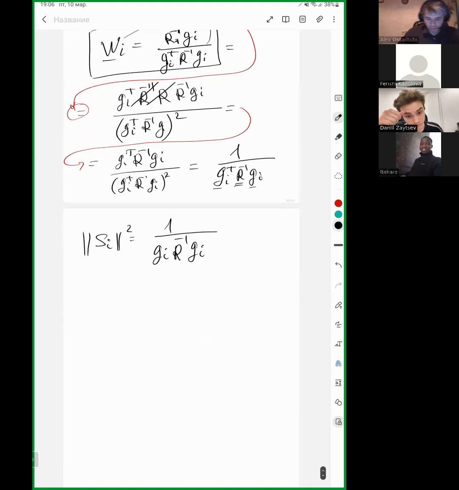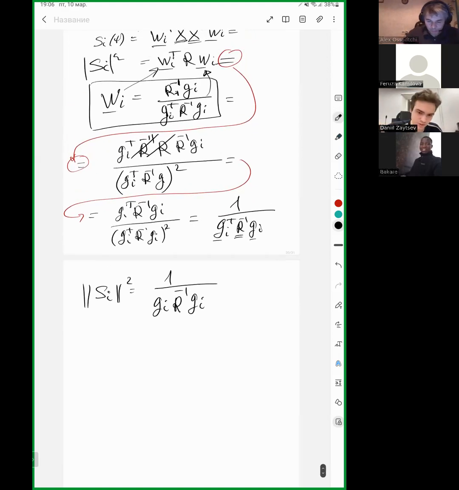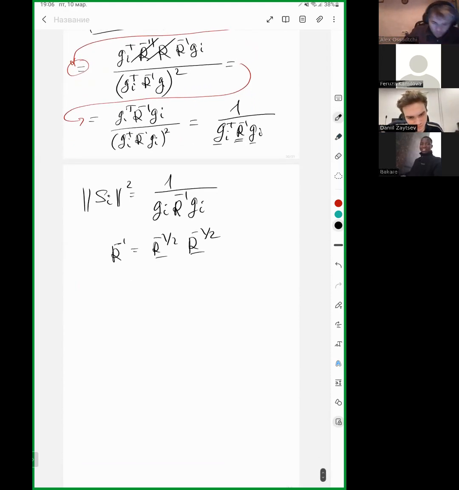Now look how to interpret this also. Remember this whitening, space whitening, right? Assume that R minus 1 is represented as R minus 1/2, right? And assume that you're in a different space, in your whitened space, right? Then in this whitened space, all you are looking at is